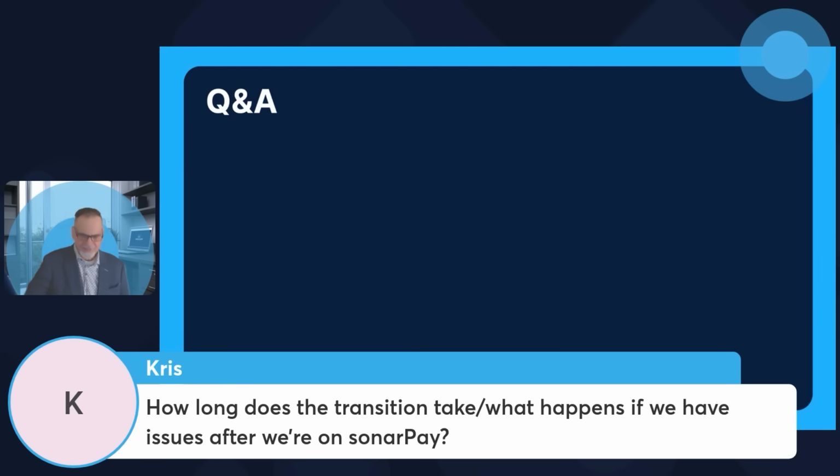So the answer to that is the transition takes literally as long as the slowest or longest pull in the tent, one of my colleagues always says, and that is the time that the legacy processor takes to get us the decrypted token or payment method extract. Like I said, that varies from processor to processor. But what we're in control of only takes a matter of a few days. That is once we get the extract and we tokenize it to sonarPay,